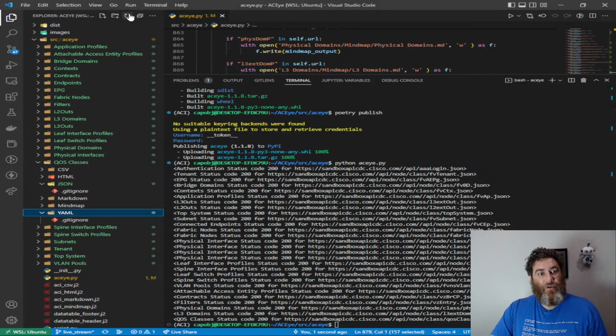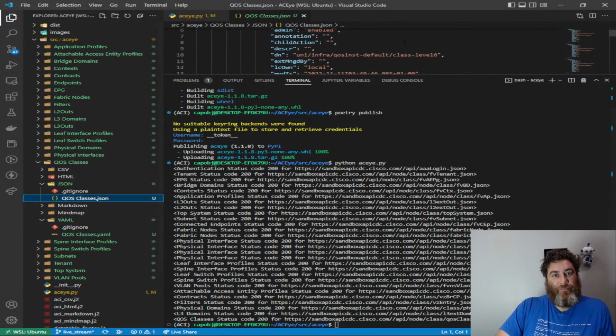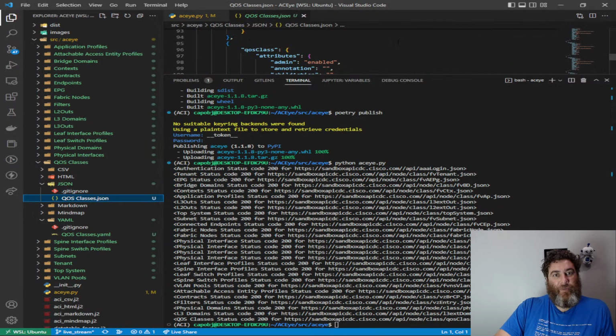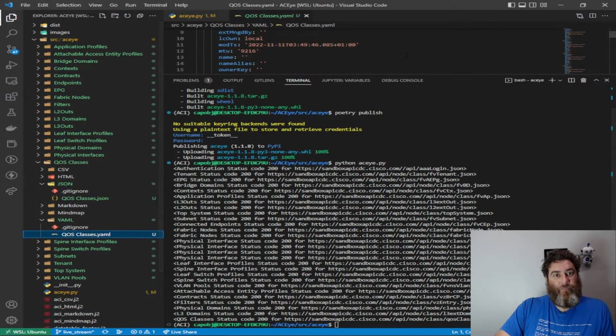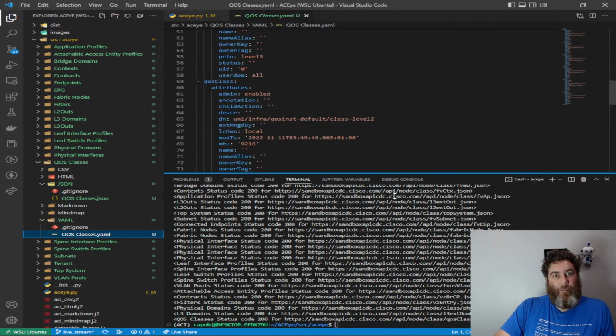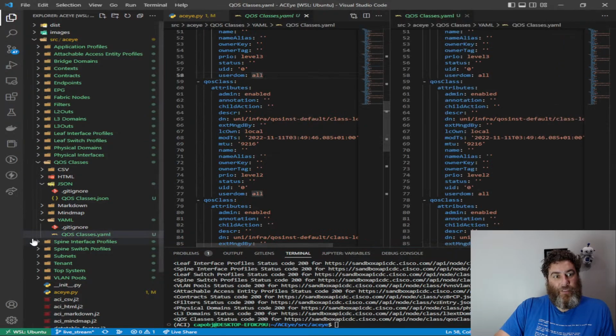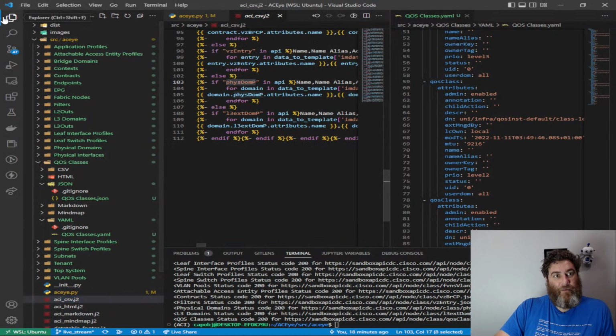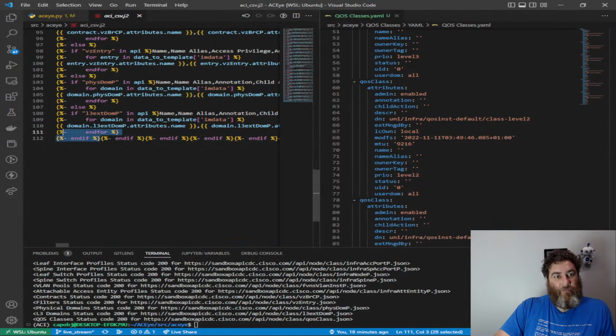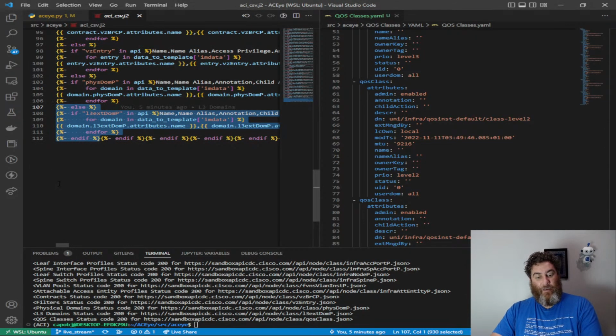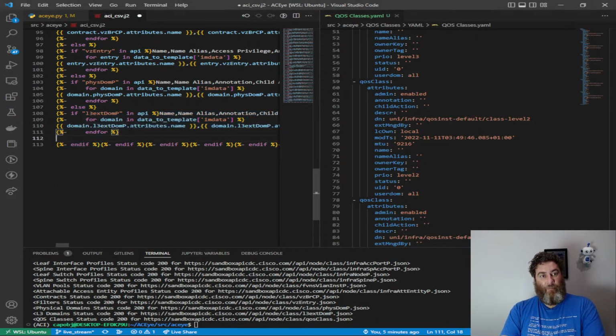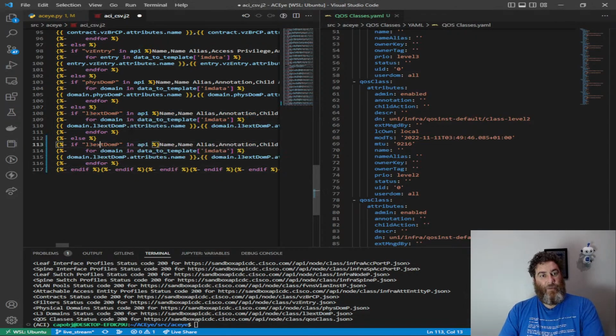Okay, so I have my structured data, my JSON, and my YAML. I'm going to split the screen and go into my CSV, and we're going to copy from the else to the last if, and paste that in, and we're going to, right, if it's QoS class, I'm going to delete this,